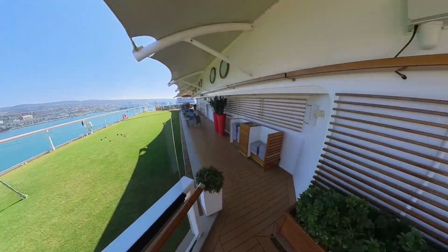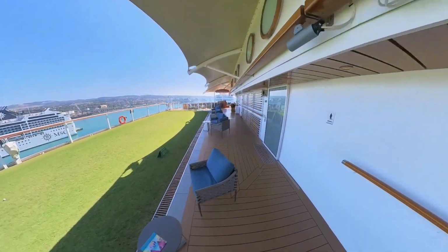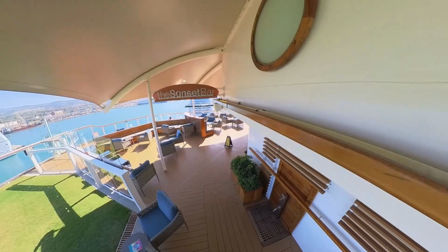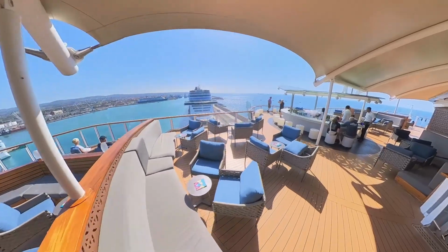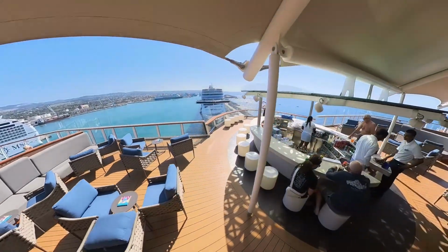There are 2 greens, one on either side of the ship. This one is a bowling green, on the other side you have a putting green. We personally felt this was a little bit of wasted space. Just ahead is the Sunset Bar. This has a Caribbean vibe about it, which is mainly due to the staff that worked at the bar. We spent most sailaways at this bar whilst enjoying the